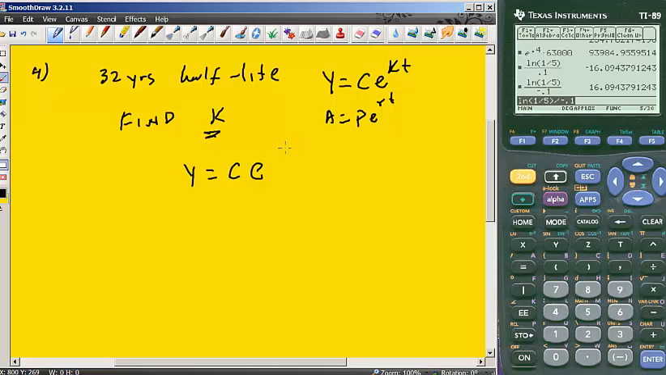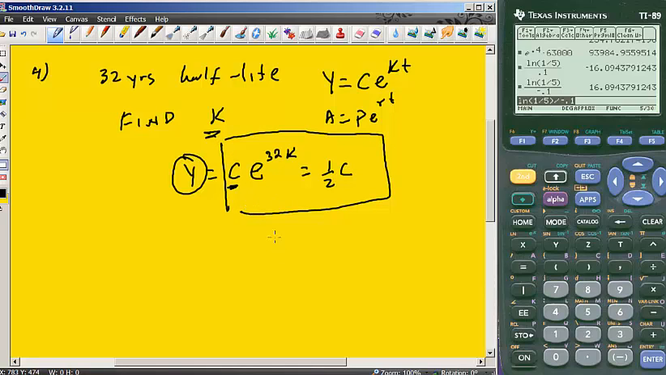k. It says 32 years is the half-life. So at 32, you're not going to have this much, you're going to have half as much as that. So that means 1/2 of C. That's what the formula becomes. We're looking for this k, which is known as the growth constant or decay constant in this particular situation. When we divide both sides by C, you're going to get e to the 32k is equal